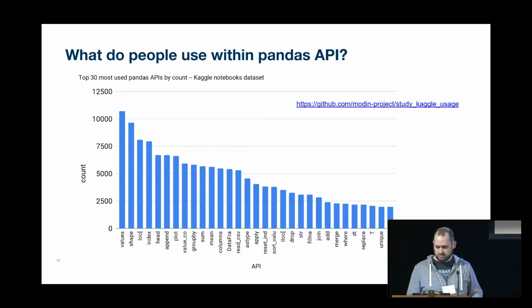These slides, I'll post them to the Slack channel after this. But you can find everything at that URL. And basically, effectively what we see here is that it's not just SQL operations that people are using. There are things from linear algebra that people are using, and there are also some spreadsheet operators like pivot table and things like that.